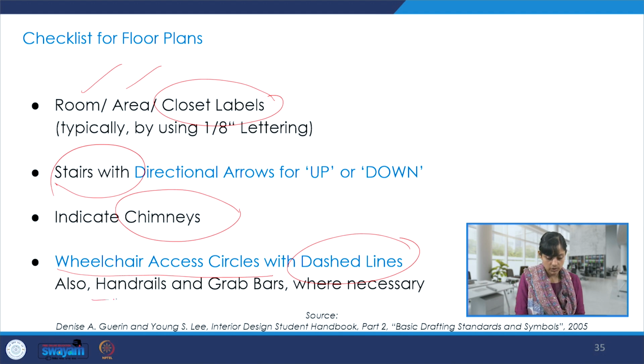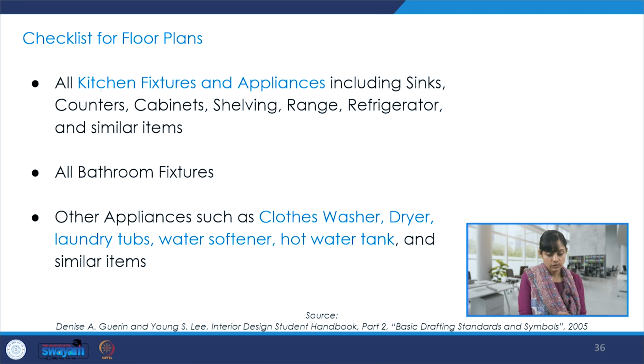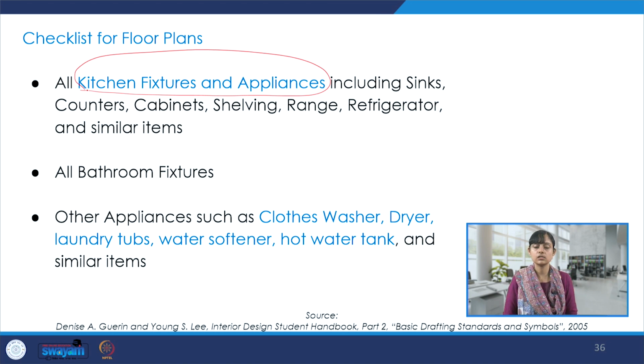We could also show handrails, grab bars. It is also possible to show plaster lines and then zoom in and show on a larger scale even details of the layering within plasters. So all of those possibilities are there. Then, of course, within the interior architecture domain, fixtures and appliances also have a big role to play. We have a lot of storage to show, so cabinets and shelving, and also the furniture layout, where the equipment is placed, even that layout.